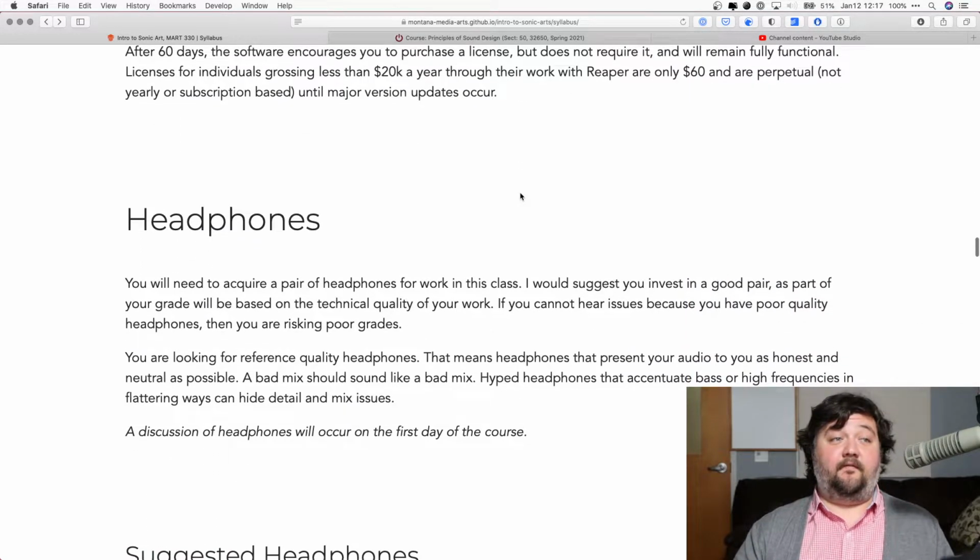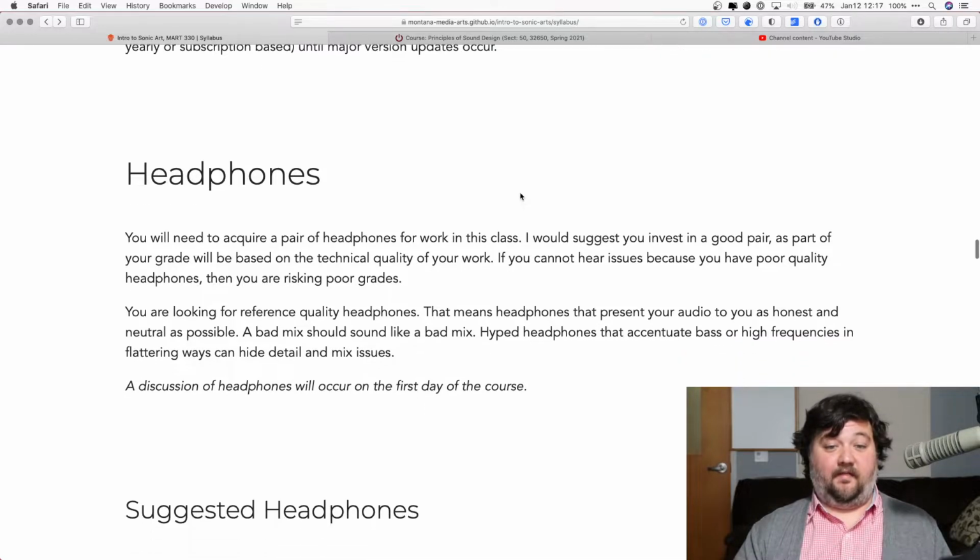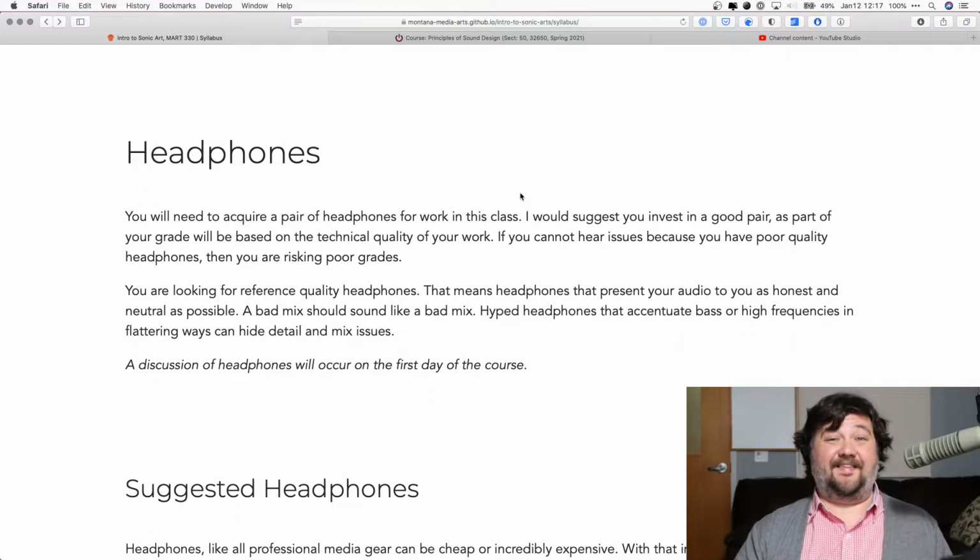The one piece of hardware you will need to purchase for this class, if you don't have already, is a set of headphones. Headphones obviously are important because that's what you're going to listen through and do most of your work through. I'm sitting in my office right now, and although I can't easily show you, I've got a decent set of studio sound monitors or speakers set up, and this is what I listen through. These are very expensive, require calibration of both the system itself and the room, and many of you won't have access to setting those up in your bedrooms to create makeshift sound studios. So instead, we're going to rely on headphones.